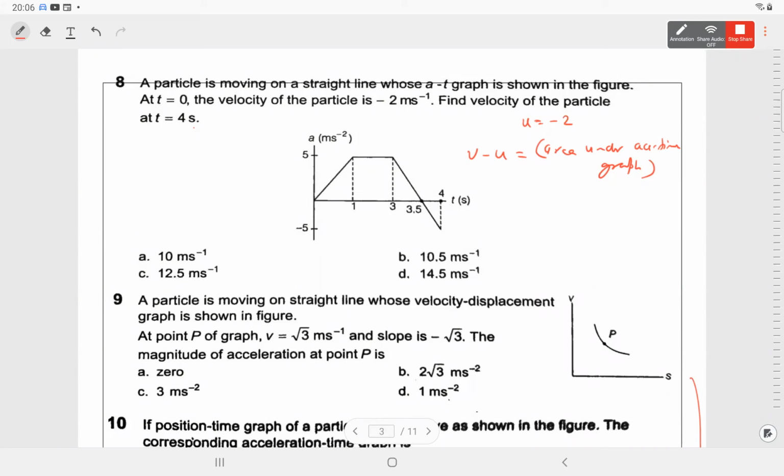Okay, so what is the answer for question number 8? Option B. Option B, 10.5. Okay, question number 9. 9 भी दिया था वैसे मैंने करने के लिए. 9 is little tricky. Anyone did question number 9? Question number 8 is B, 10.5. Everyone got it? Yes, sir. Very nice. Question number 9. क्या करेंगे question number 9 में?